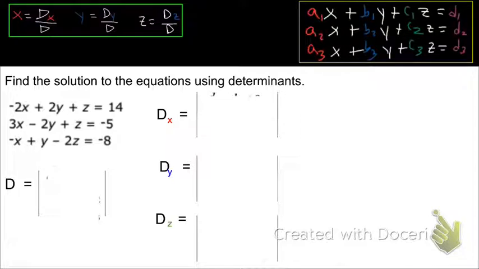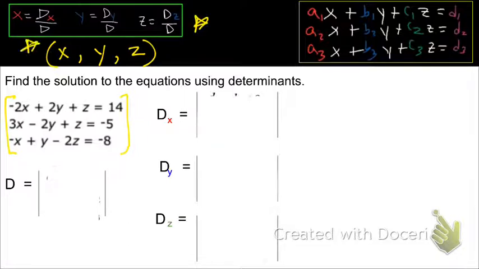So just to recall, when you have a system of equations, so more than one equation, you are trying to look for the point that is a solution to each of those equations. If we were to graph it, the point x, y, z, that solution is the point where those three equations intersect. So here they're giving us the formulas to find that x, y, and z,